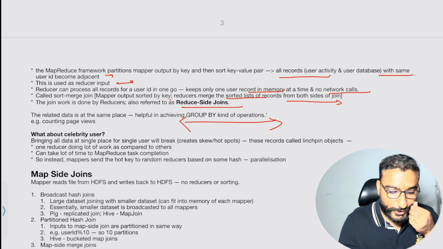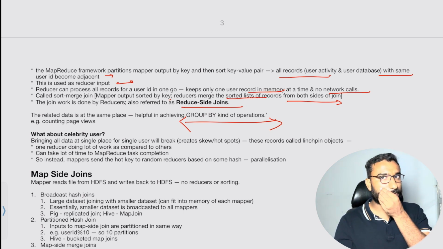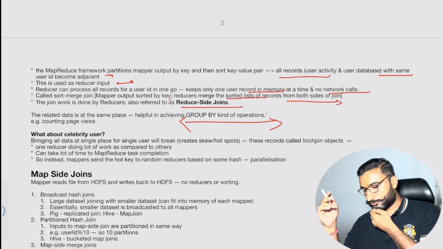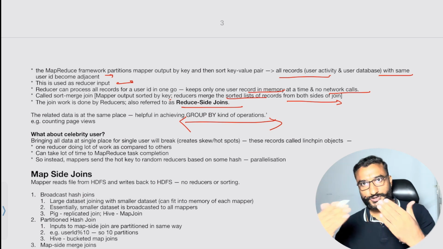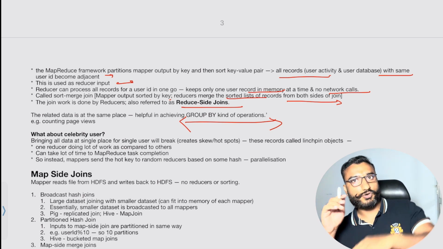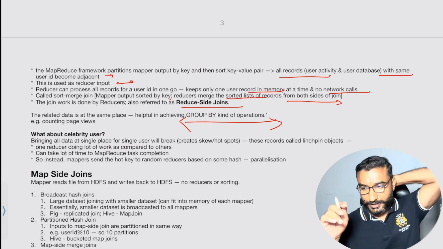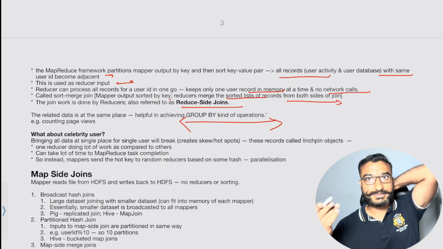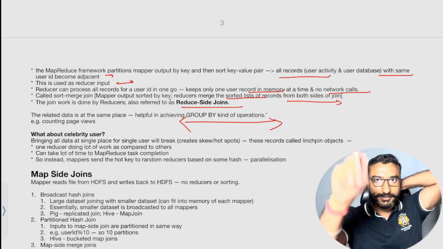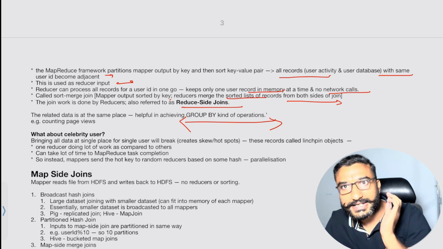What about a celebrity user? Okay, so this is a popular problem. You said that all the entries are adjacent to each other for that particular user. But what if it's a celebrity user? Then there will be a lot of entries. So what will you do? Okay, in that case,